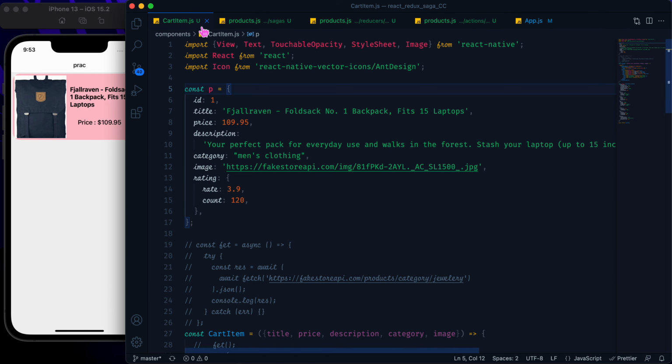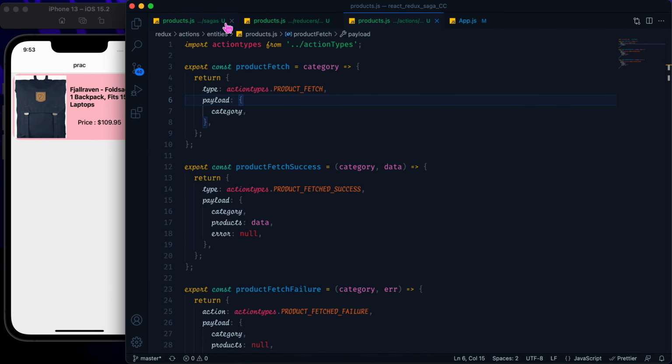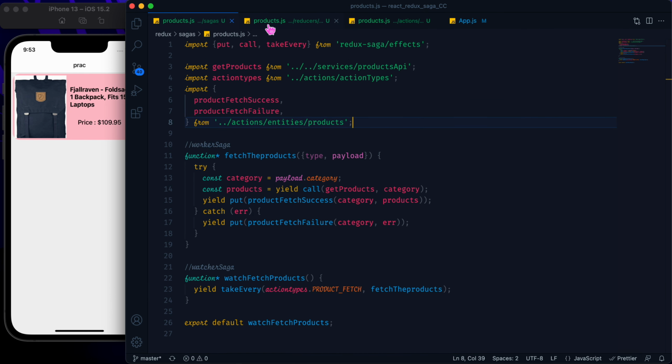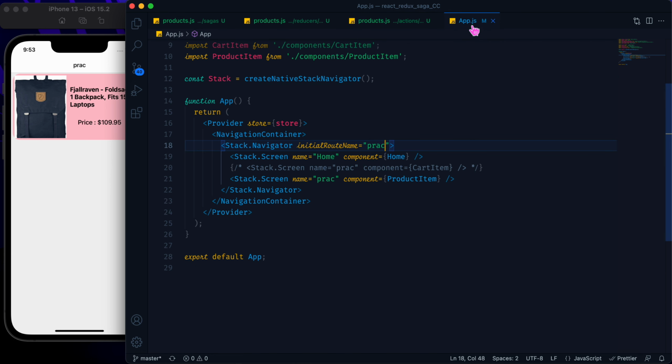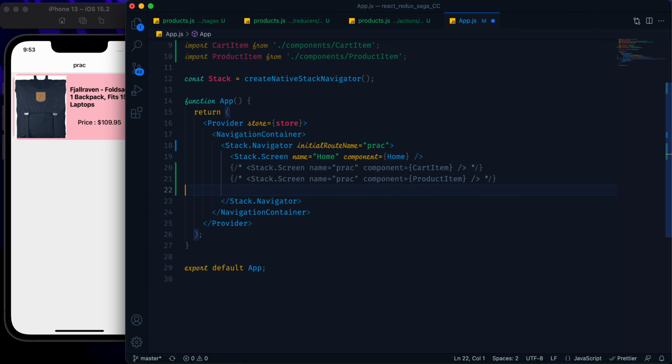So, we will immediately make a custom screen to check all this. So this is saga, this is reducer, and this is action. You can see here written action, reducer, and sagas. So inside the app I will make, first let's comment this out,